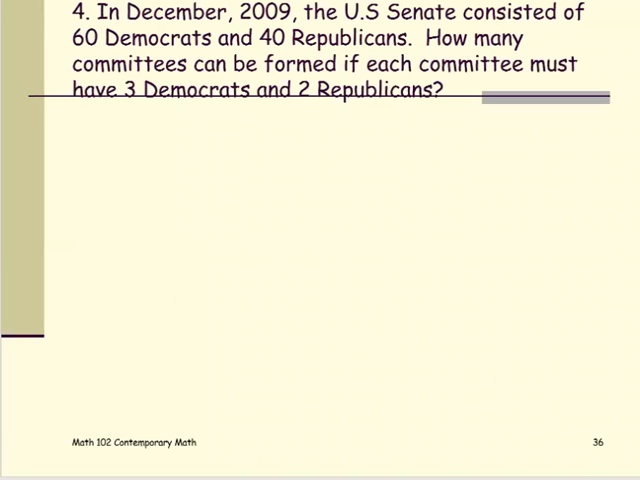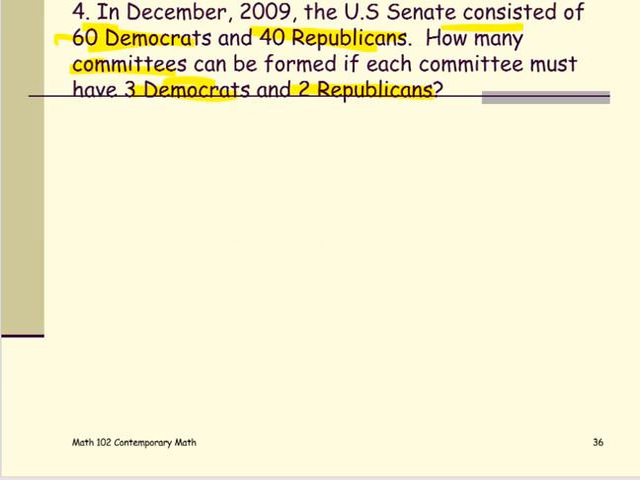In December 2009, the U.S. Senate consists of 60 Democrats and 40 Republicans. How many committees can be formed if each committee must have 3 Democrats and 2 Republicans? So this one is